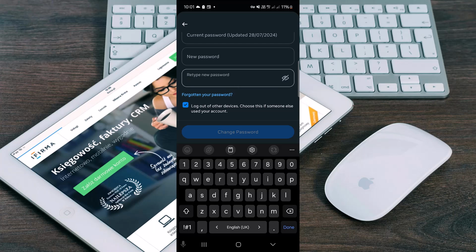So if you want to log out of the other devices, just choose this and check mark this, and if you don't want to log out of the other devices, just uncheck it and then must tap on change password and your new password will be saved. So yeah, this is how easy it is to